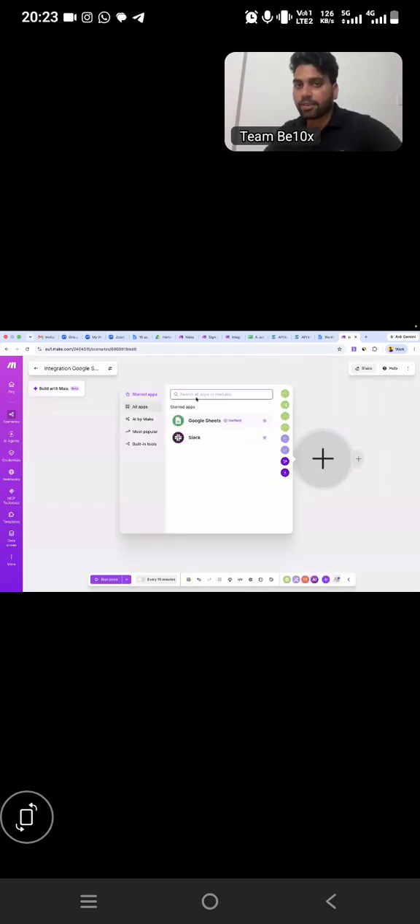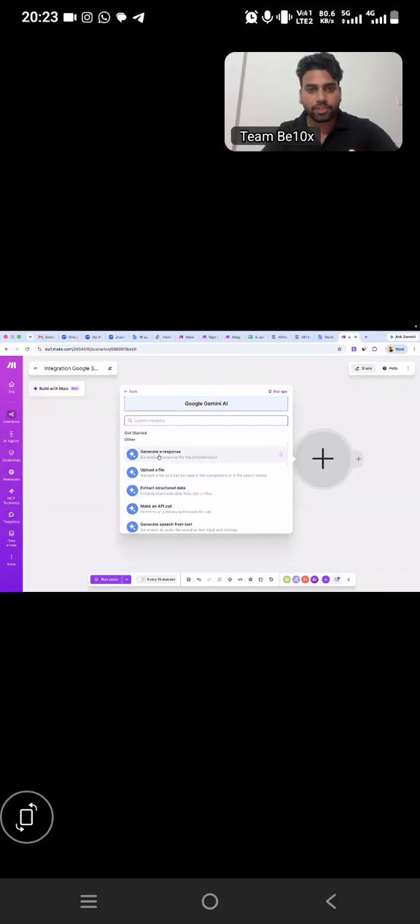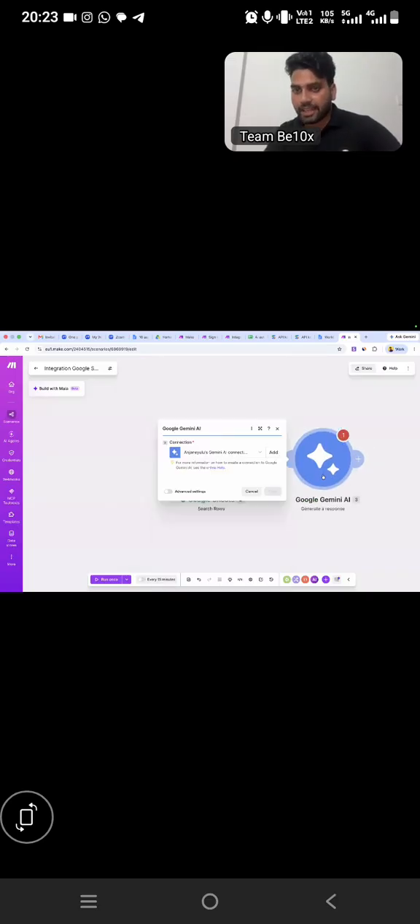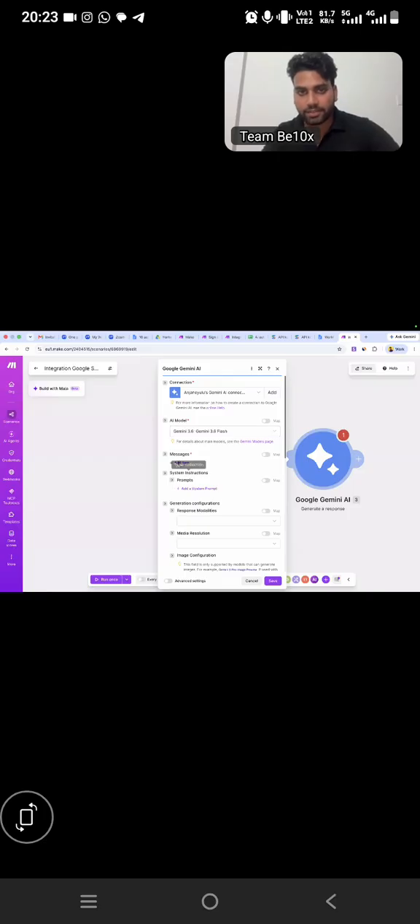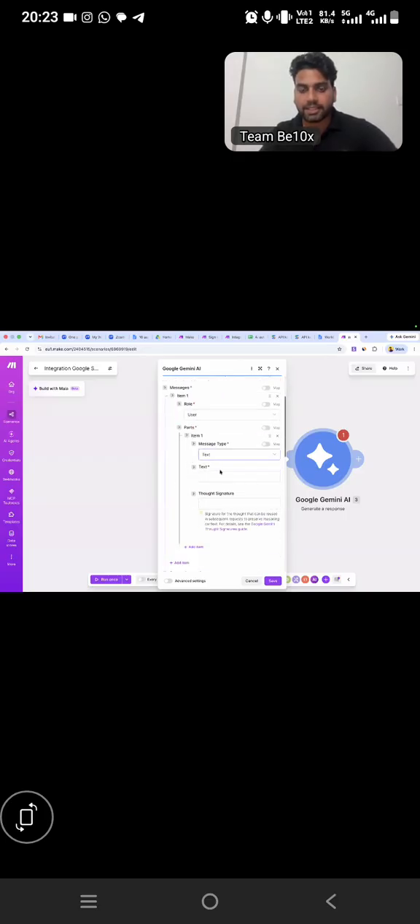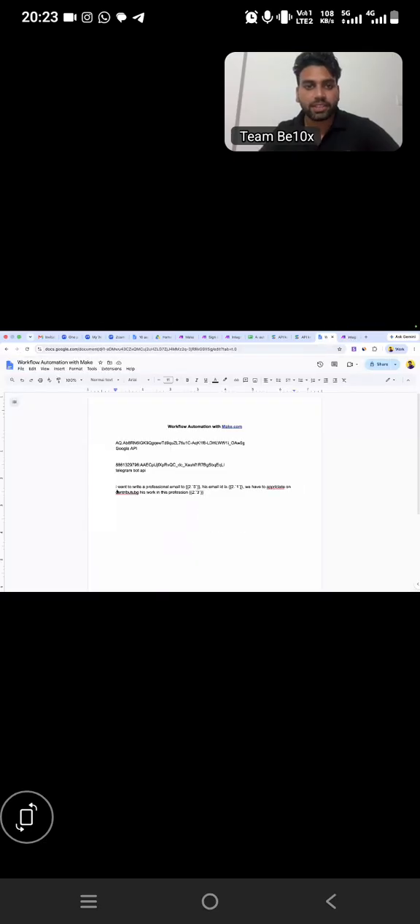And the next thing we are going to do is Google Gemini. I want to generate a response from it. I want to write my email with this. So I'm using a Gemini model, and that's the model that I'm using. In the parts, the message type is text, and in the text, I'm going to just paste this one,